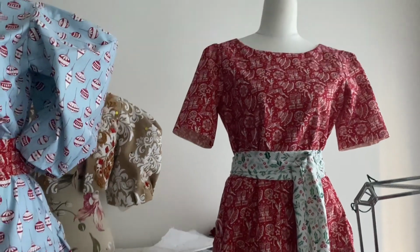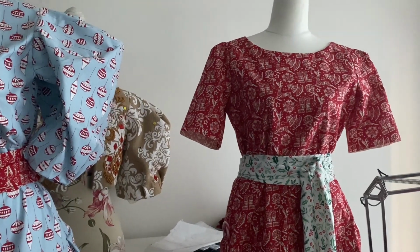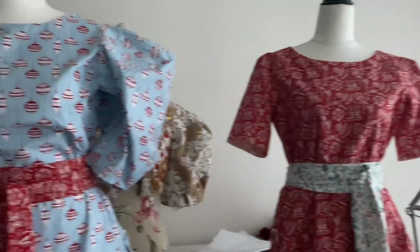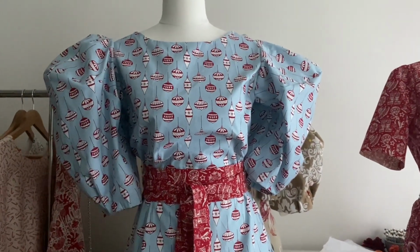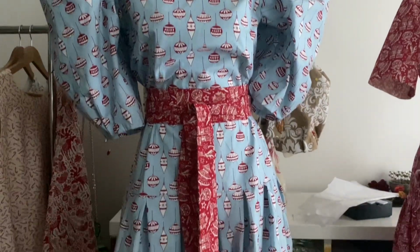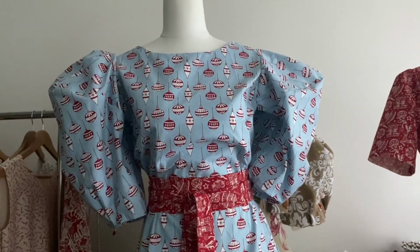So that's the red one that I absolutely love. And it's got a really heavy, beautiful skirt. And it sort of moves like a denim skirt. It's really lovely. And I love the skirt of this blue one. If I took the top off,